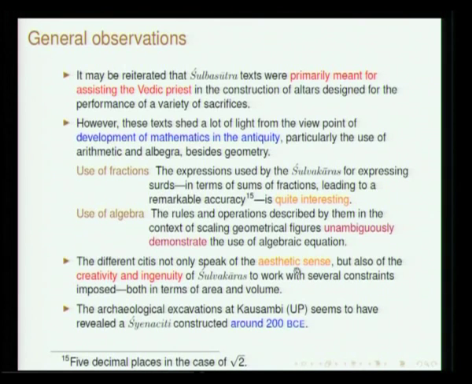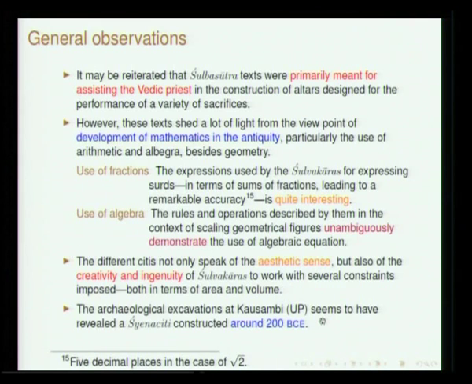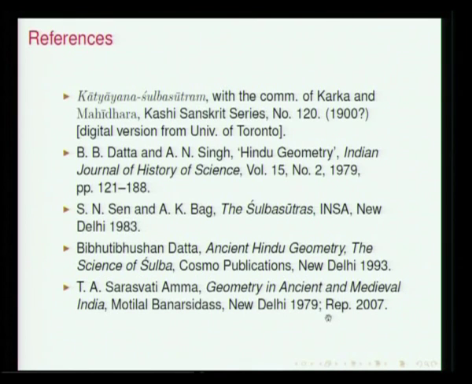A lot of aesthetic sense is also getting in. So, we have various shapes of altars, Dronachiti, Kankachiti, Rathachakrachiti and so on. As regards these chitis, it has been found that around 200 BCE, we find a Shenachiti construction. In the excavations at Kosambi people have found this. So, these are certain references.